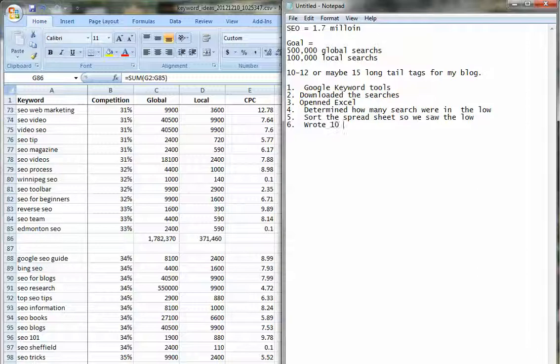And then 6, we wrote 10 to 15 long tail keyword phrases. What is this? These become our tags on our blog. Why?